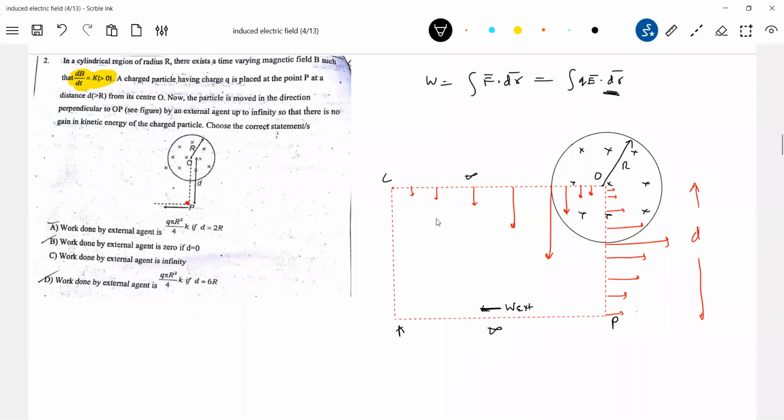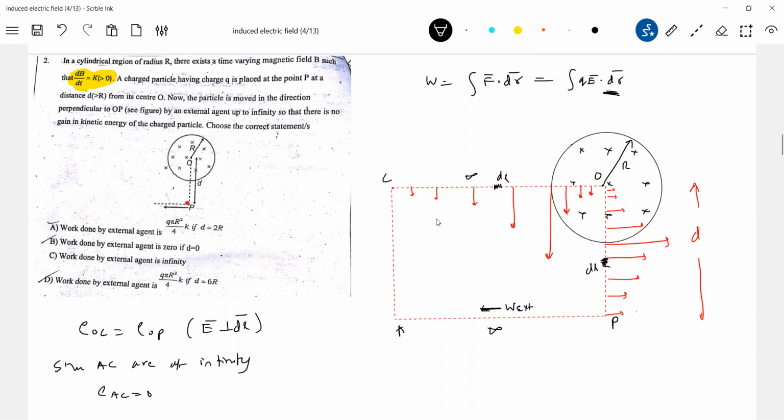What is EOC and EOP? They should be zero. Any reason for that? E is perpendicular to dl at all points. Where are C and A? C and A are at infinity, no? So what do you expect there? EAC must be zero. Any reason for that? Because E here will be zero. The diagram appears finite since A and C are at infinity. So the value of E along the line AC will be zero. Therefore EAC will be zero.